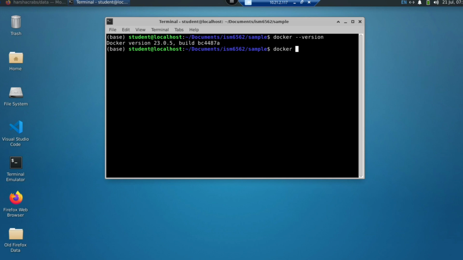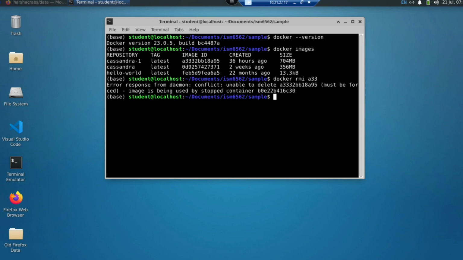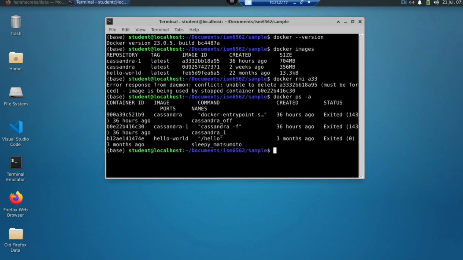Now we'll check the images already in the system. Okay, there are some images, so I'll remove them. Docker rmi. To remove an image, we just need to give the first three characters. So a33. This image has a container which is active on it, so I'll check the containers and